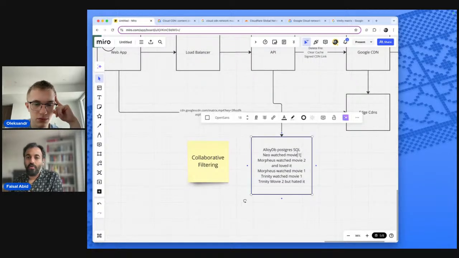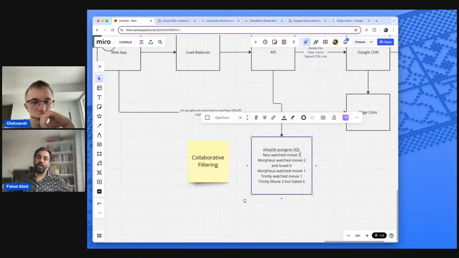So now when we go to Neo, we actually don't have enough data, but assuming we had a lot of Neo's likes and dislikes, we can say, you know what? Neo is a lot more like Trinity because Neo has liked all the things, even though Neo, Trinity, and Morpheus have watched all the same movies. It's actually that Neo and Trinity have liked all the same content, except that Neo hasn't watched this new thing that Trinity's watched. This is the simplest, but also most effective way of doing recommendations.